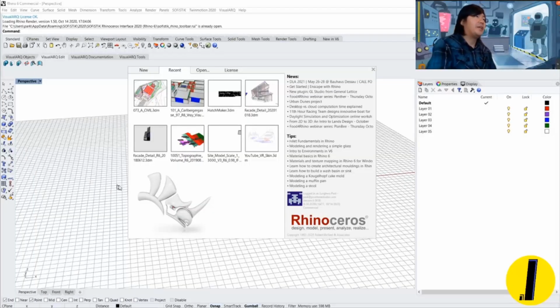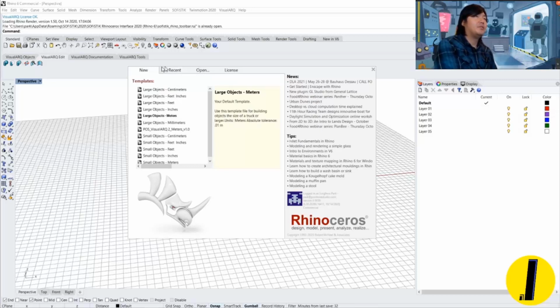If you start Rhino, you can see on the right here all the news of the McNeel Rhino users community, and there are also some tips you can always find. So I'm going to open a template